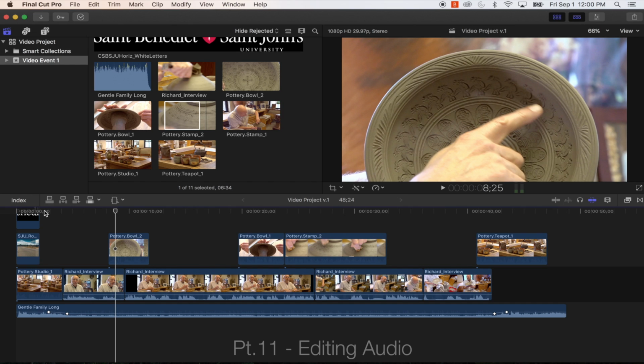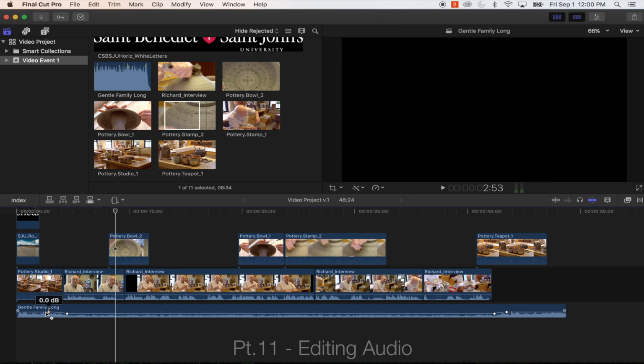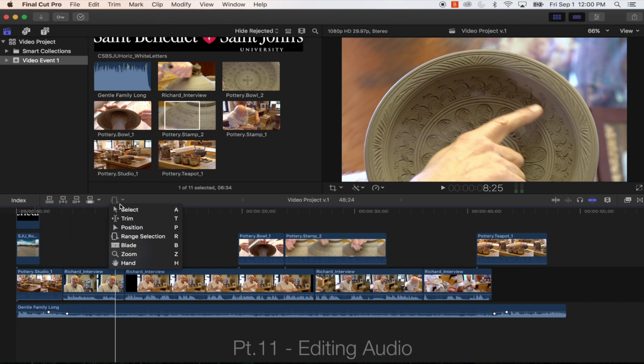Okay, so that's a little bit better. It doesn't compete as badly, and I can hear him a lot more clearly than I could if I was just having the audio of the music playing at full blast. Other ways to create these little edit decisions other than using the range selection tool is to actually hold down the Alt or the Option key, and you can click and it will create these little